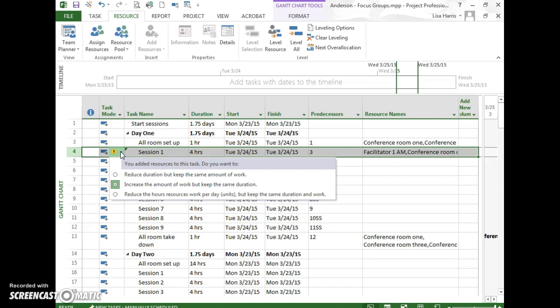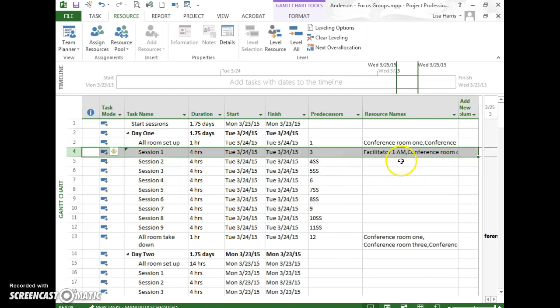Okay, so increase the work means we have a bunch of resources, and each one of those resources is doing 4 hours of work. So this task isn't just 4 hours, it's 4 hours times each of the resources. Because the facilitator 1 and 2, they're each doing 4 hours. The conference room is being billed for 4 hours. So that's what this means. So you can just ignore it. It should be on that automatically, but you can also take a look and just make sure, and then close it up. All right, session